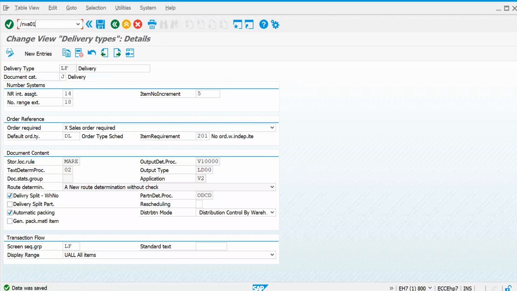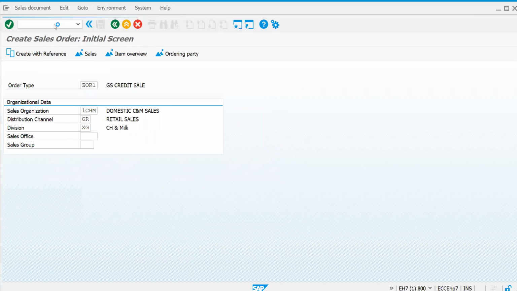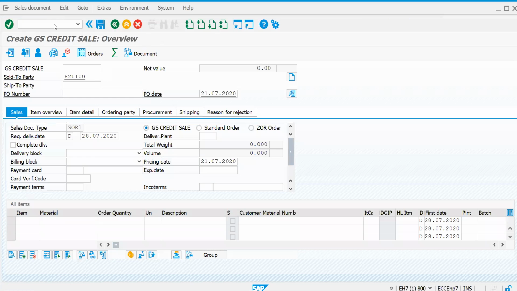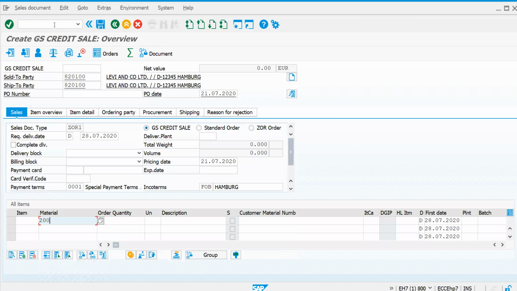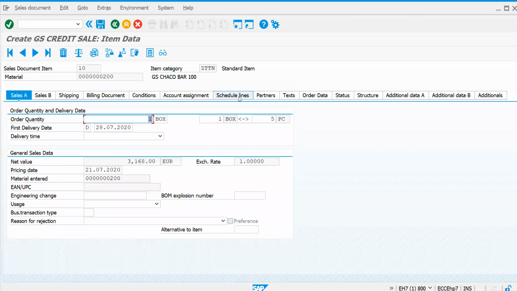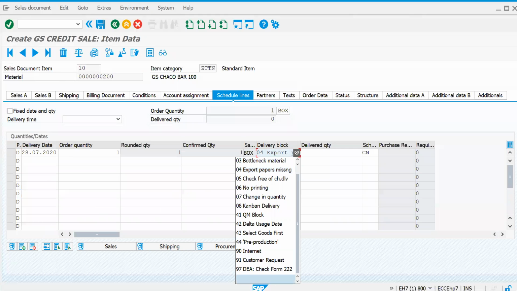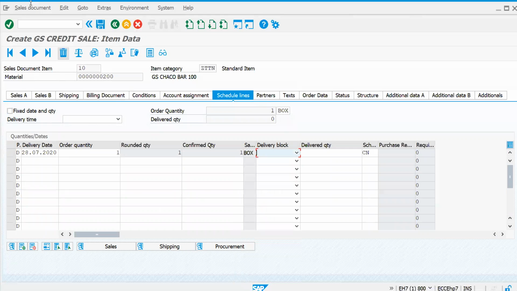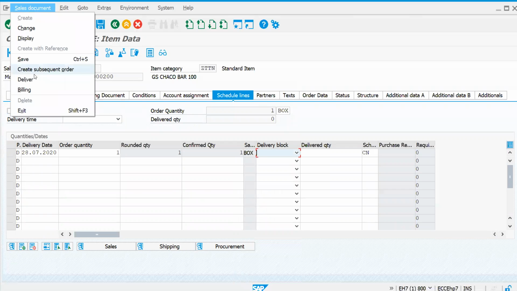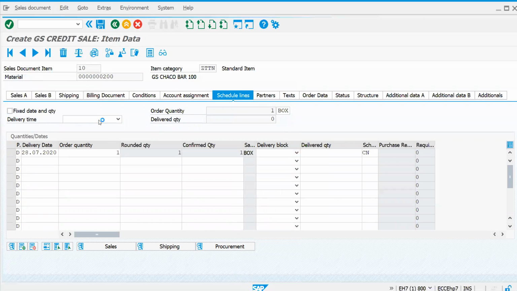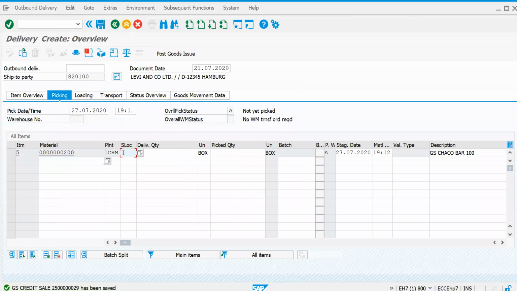Now let's try to create a sales order again after this change. Let me remove the block initially, only at the schedule line level. I'm just taking out this one. Now I will try to do the delivery. Okay, let's quickly choose sales.